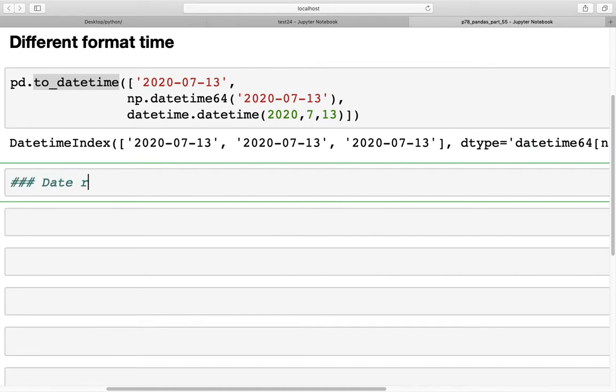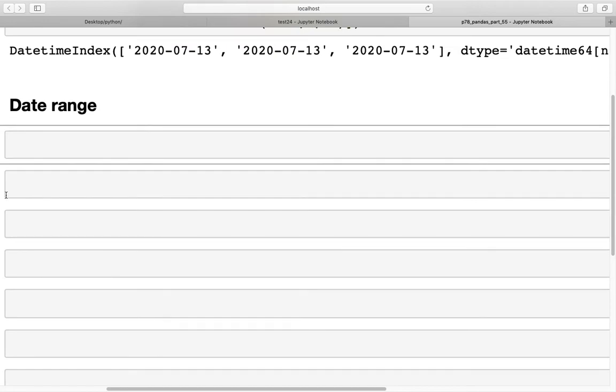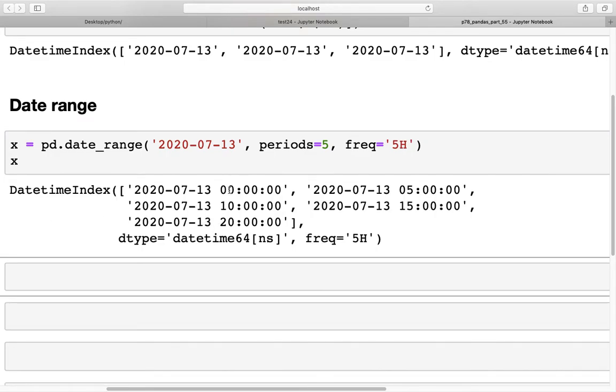Next, let's look at date_range. We'll go into further detail in a future video, but here let's look at one example. If we create a variable x and assign it to pd.date_range, here we can specify the date as a string, 2020-07-13, and we can specify how many time points we need. That can be specified in periods. So let's say 5 time points, and freq is the spacing between those time points. So let's say 5 hours, and when we run this,